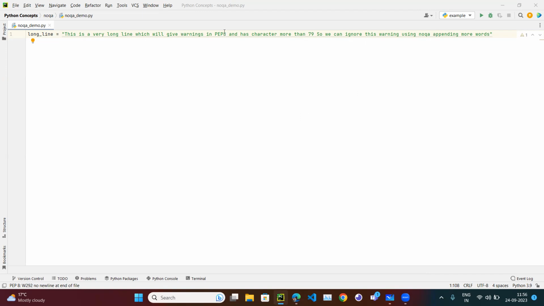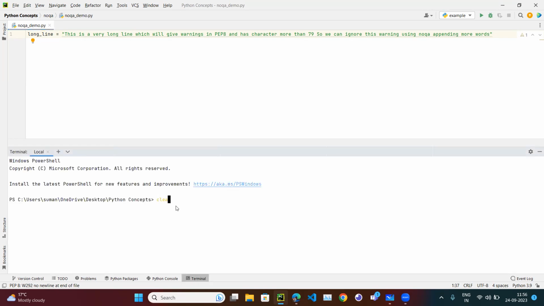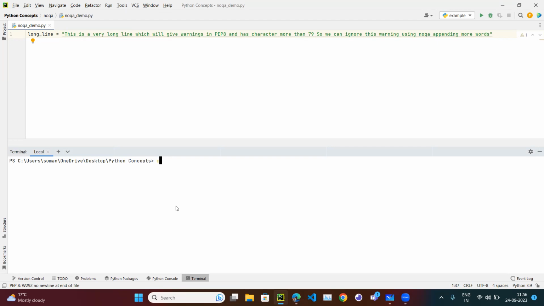This tilde line says there is a warning. So what could the warning be? If I hover over it, it says PEP8 warning W292: no newline at the end of file. I'm not sure why it is not showing one more warning that the number of characters is more than 79, or maybe when I run flake8, at that time it will show me. So if I run cd noqa and flake8 dot,